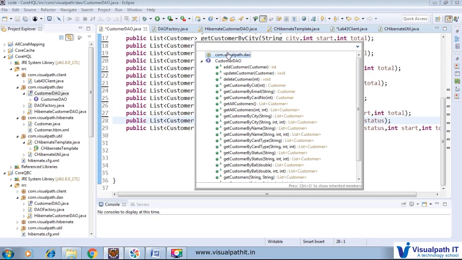We have all abstract methods, like get customer. We will pass that particular customer and we will get the information. We have update customer, through which we can update the customer. We have delete customer, we will delete the customer. Deleting a customer, we will pass the particular ID and delete it.